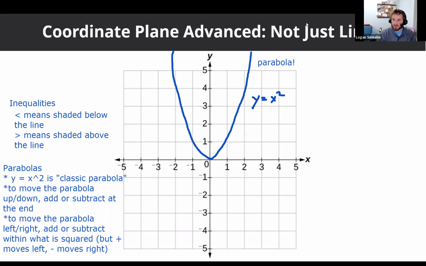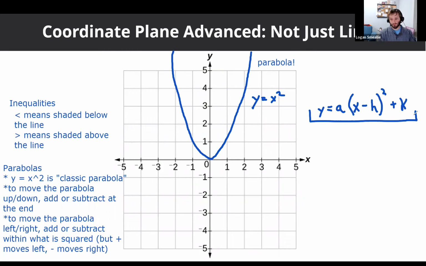The equation for a parabola is y equals a(x minus h) squared plus k. So I wouldn't really encourage y'all to memorize this because I think there's just other more important things. But let's say you are trying to ace geometry, you think it's like your strength. Let's say you like these problems and you just want to study them, or let's say this really helps you.